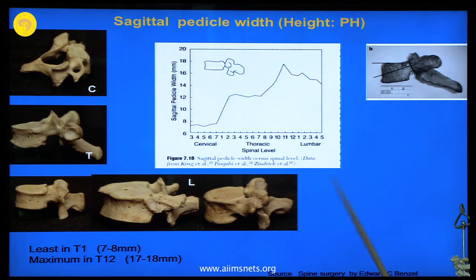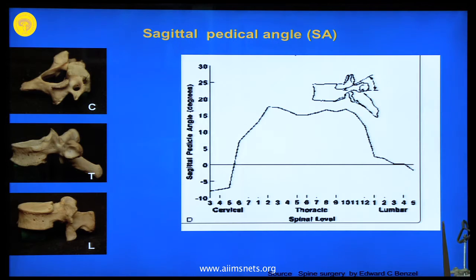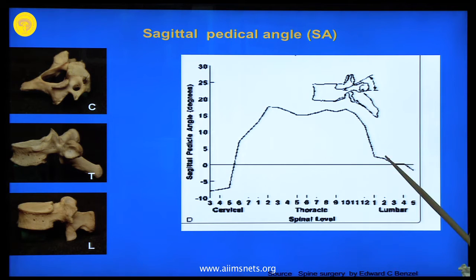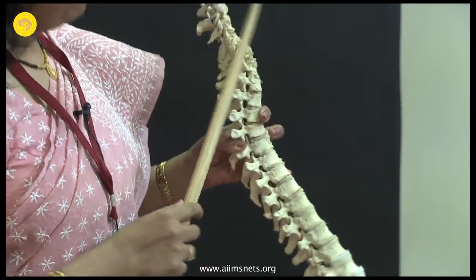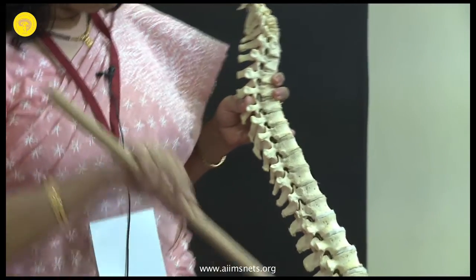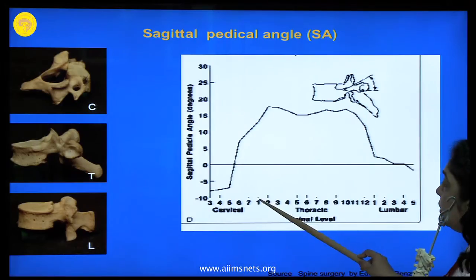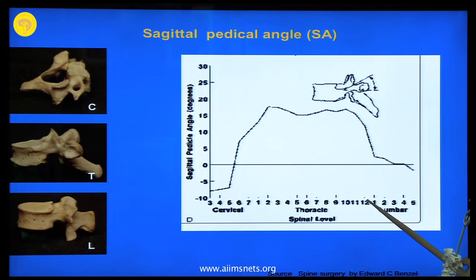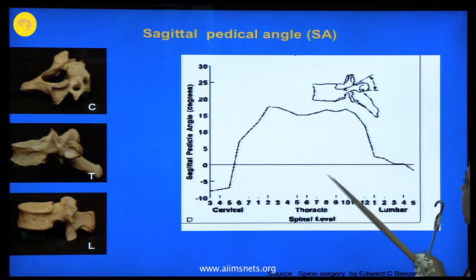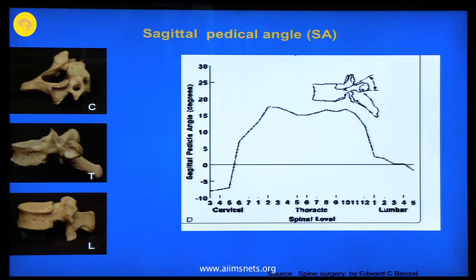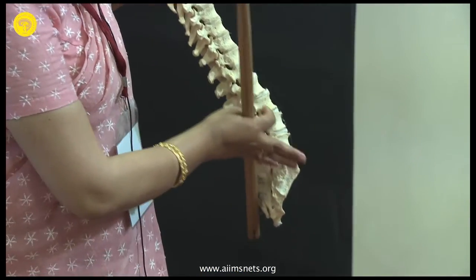The sagittal pedicle width, this is the height or the sagittal pedicle width. Now, coming to the sagittal pedicle angle, this is the positive side and this is the negative side. In the cervical region they are going cephalad, whereas in the thoracic spine and the lumbar, especially in the dorsal spine, they are all pointing downwards. If we see T1, this angle is around 10 degrees. From T1 to T10, this angle remains in this zone, that is 10 to 15 degrees descending, but after the 10th thoracic vertebra, we can see that this descent is reducing,